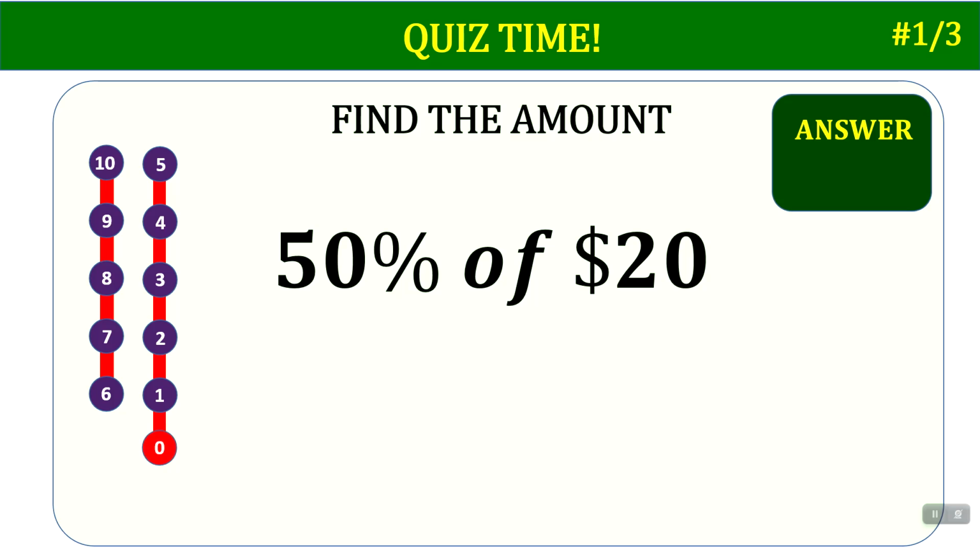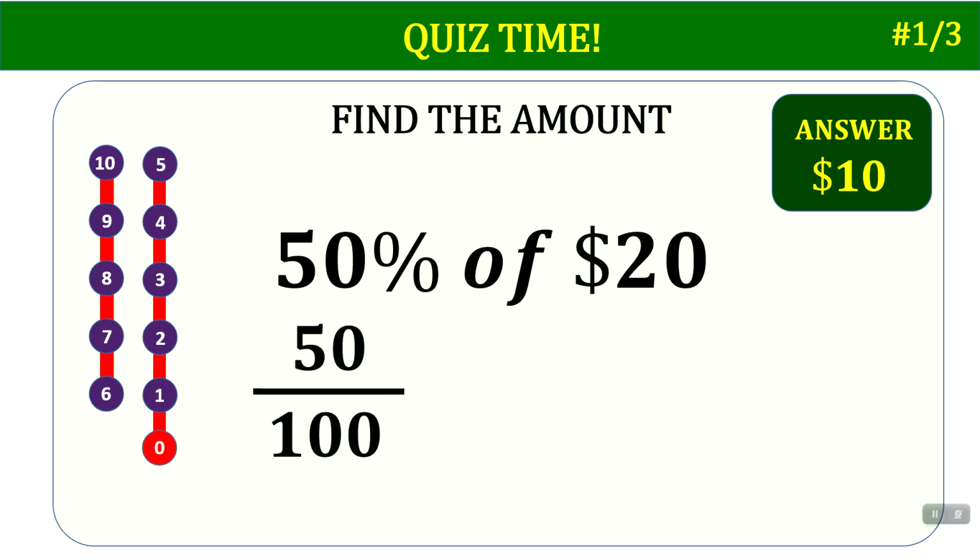Time's up. The answer is $10. How did we do that? Well, 50% is 50 over 100. And we multiply by $20, 20 over 1. And we try to cancel pairs of zeros. First of all, I'm going to cancel this 0 and that 0, and that leaves me with 5 over